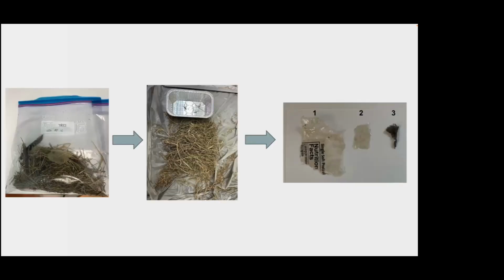So Dr. Uehling and I collected 35 nests from both locations. These were then bagged and brought back to the lab for observations. And these nests were collected with permits from U.S. Fish and Wildlife, so don't go out doing this on your own. I dissected each nest thoroughly, separating the trash from the natural material. And every piece of trash, I weighed it and measured it in length and width. And the pieces of trash were categorized